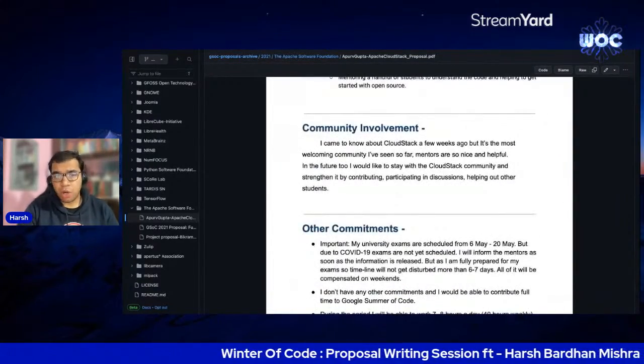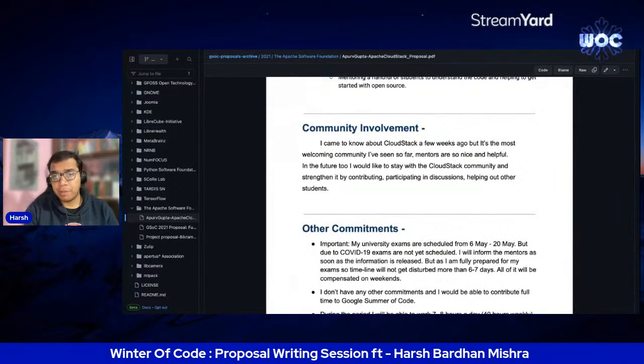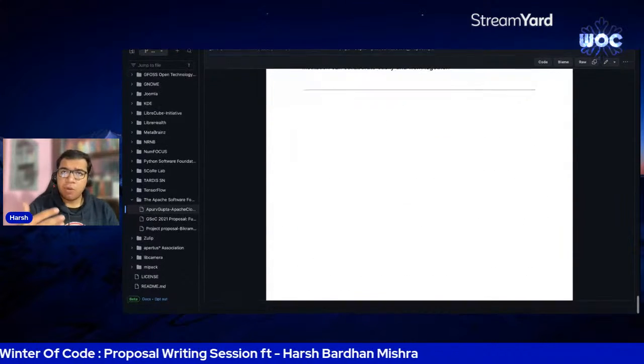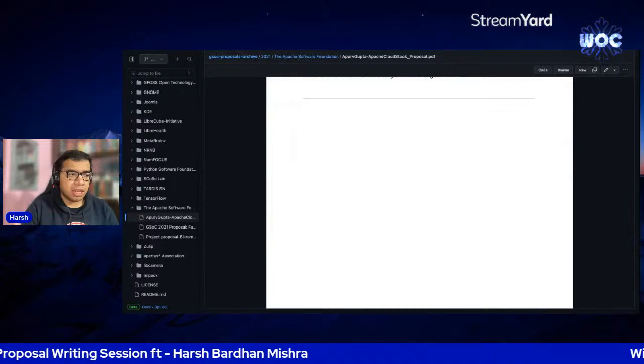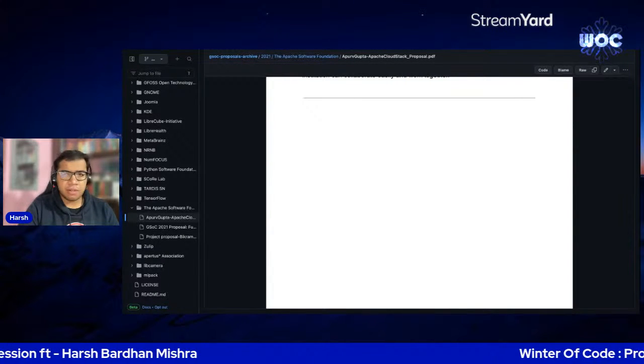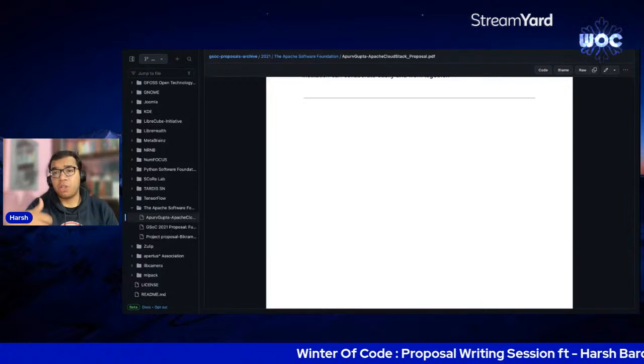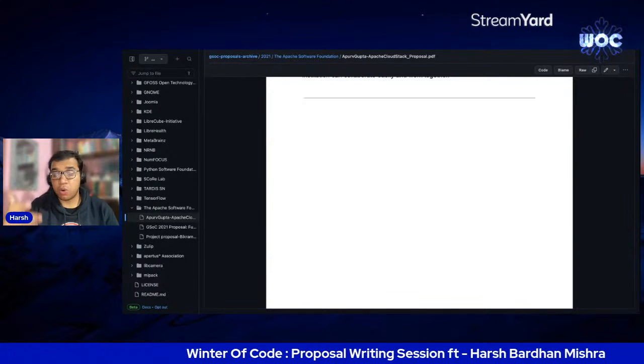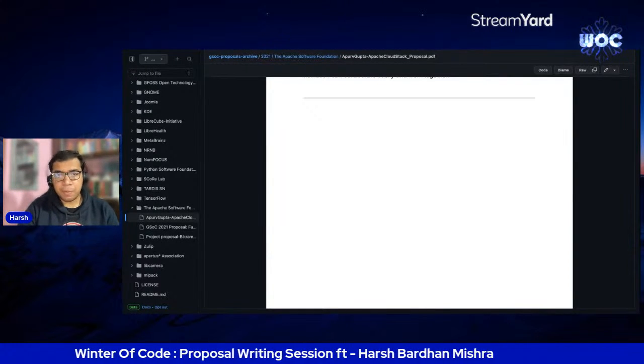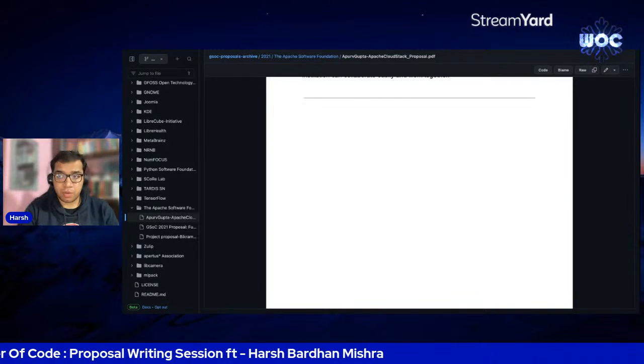And what is your involvement with the given community? And what are the different commitments you might have? Now, there might be some organizations, like in my experience, I remember Circuitverse, GFOS. Some of these organizations might give you their own project template, their own proposal template. And in that proposal template, they might be asking you a few direct questions like, have